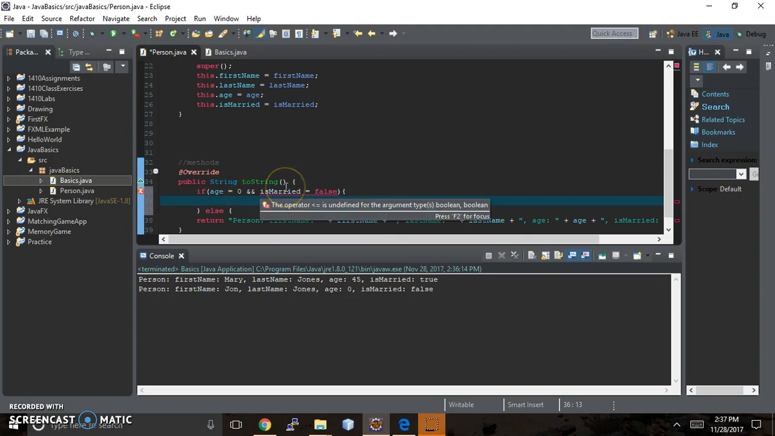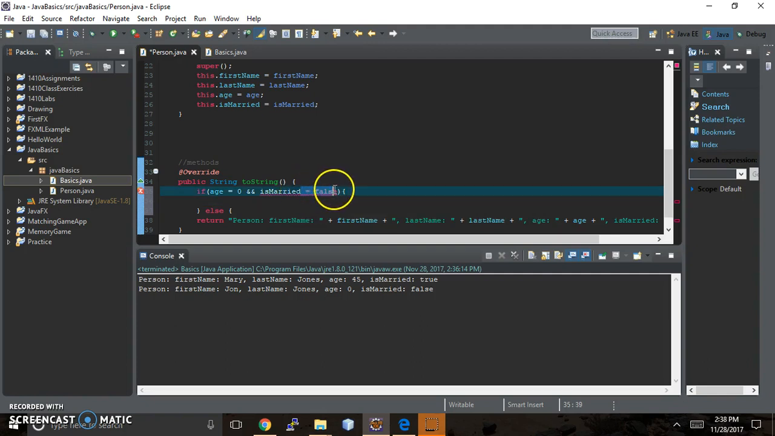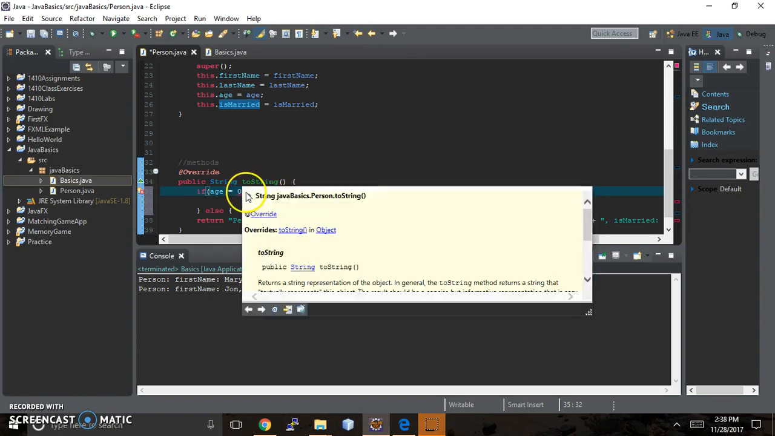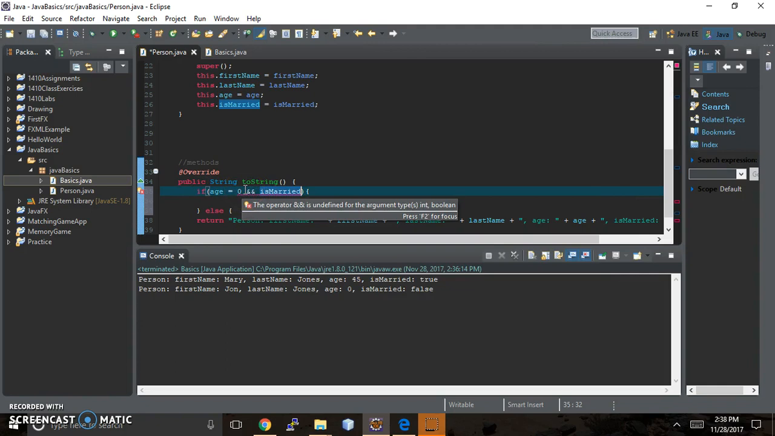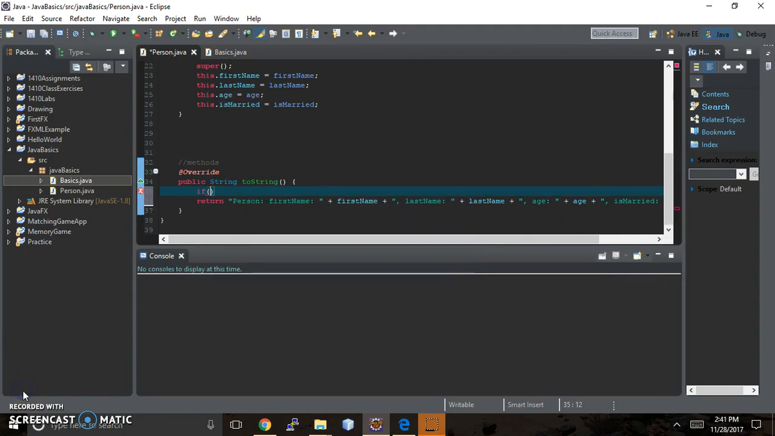And operator is undefined for the argument type. Okay, that's the default value. So I probably shouldn't say that, huh? Okay, pause. Okay, sorry about that. My logic was a little backwards because I was working with a different programming language, and sometimes I forget the syntax. But what we want to say, if the age is not equal to 0 and the is married is not equal to false,